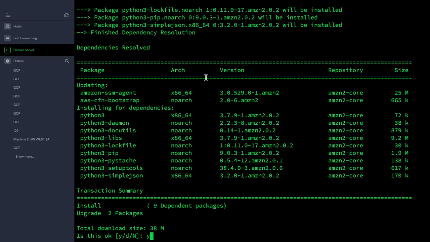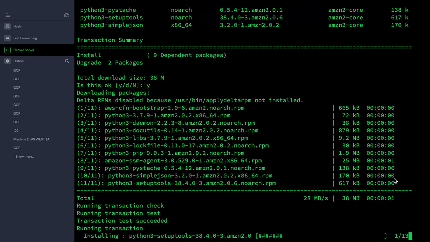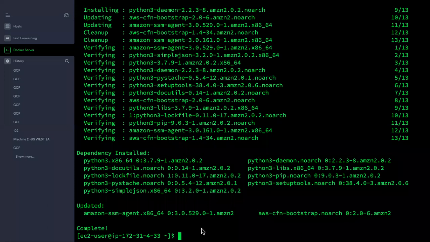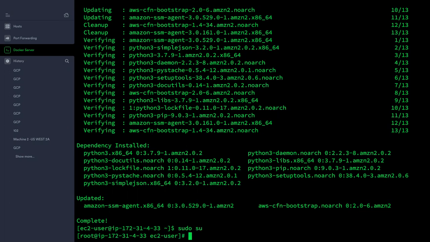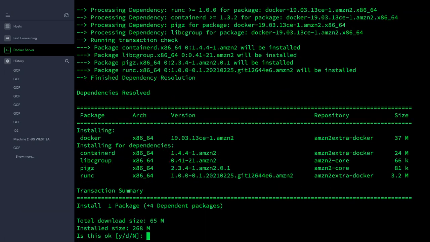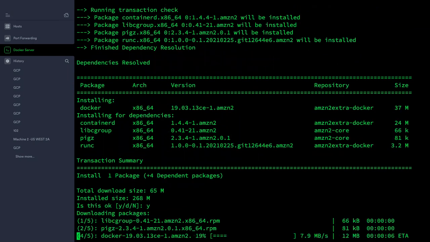Press Y. Now our update is successfully done, and let's install Docker. First be a super user: sudo yum install docker, hit enter, press Y.